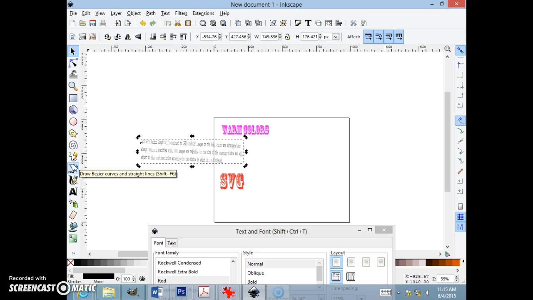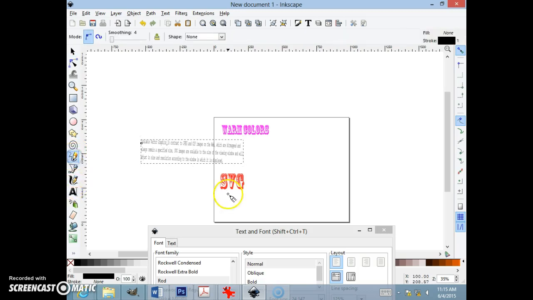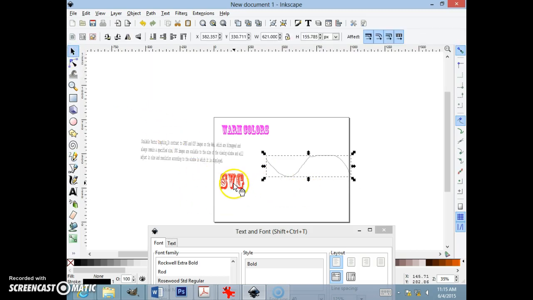And this is a little bit of an advanced technique, but if I use the freehand tool here and I draw a path, which is really a line in this software environment, what I can do is take a text object, and then if I hold down Shift and select a secondary